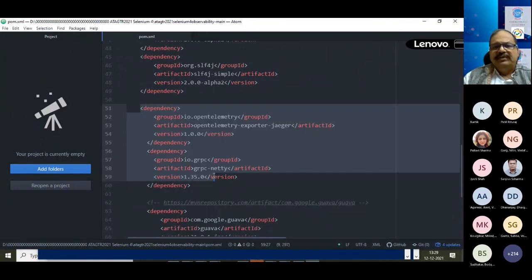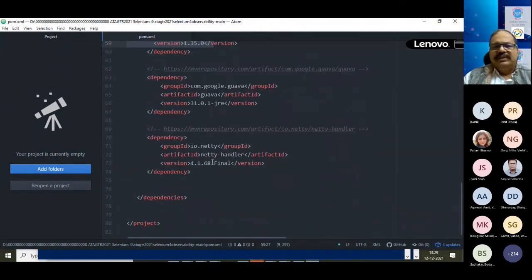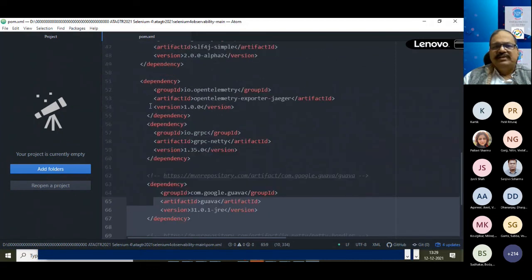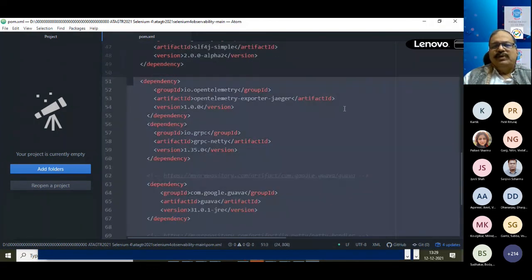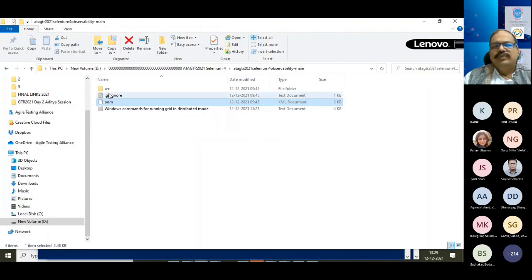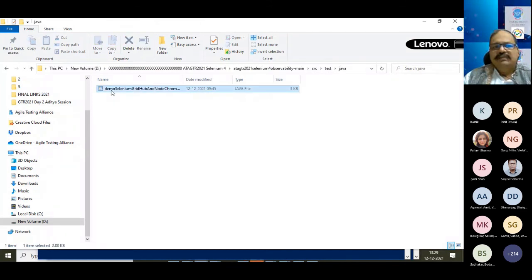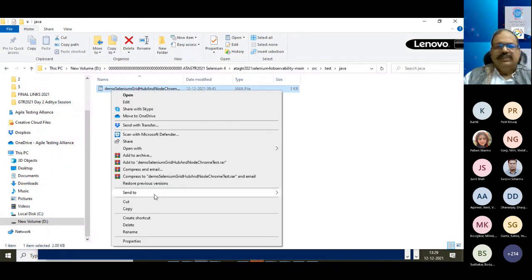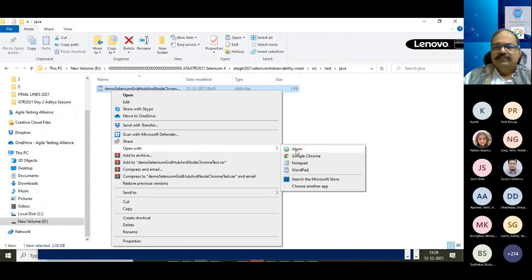And at the bottom, we are using all these telemetry dependencies. This is first telemetry. This is another one which is there. And these are the three important dependencies which have to be there when we run our client code. Another file which is there, there are only 2 or 3 files here, nothing more. Inside test Java, we will see this file. And if I say open with Atom,